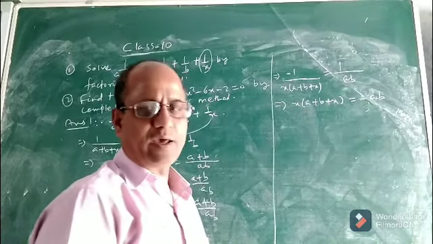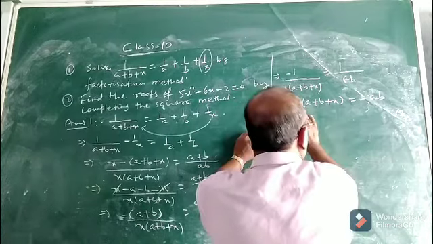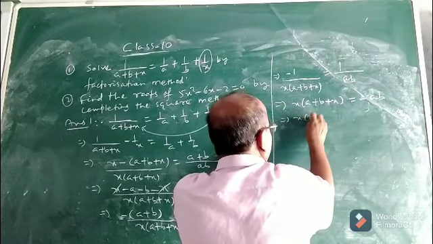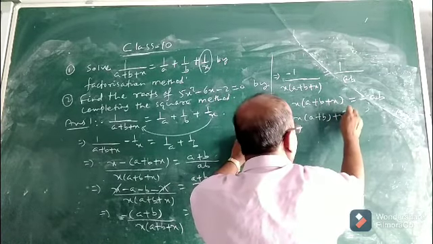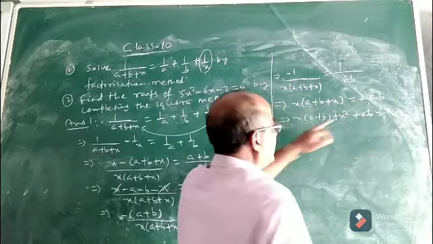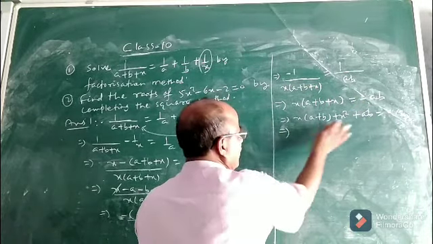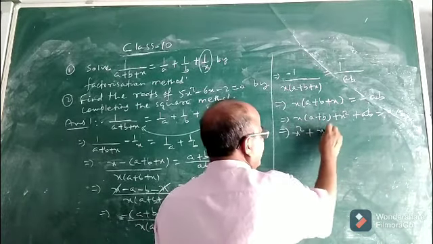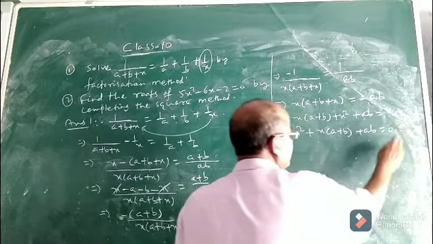Minus ab. Okay. So now this will give you what? x into (a plus b) plus x square, you see. This will be x into (a plus b) plus x into x, which is x square. Bring this one to the left hand side, it will be... here it is minus ab. If it comes to the left side, it will be positive. So what did you get? You got x square plus x into (a plus b) plus ab equal to 0.